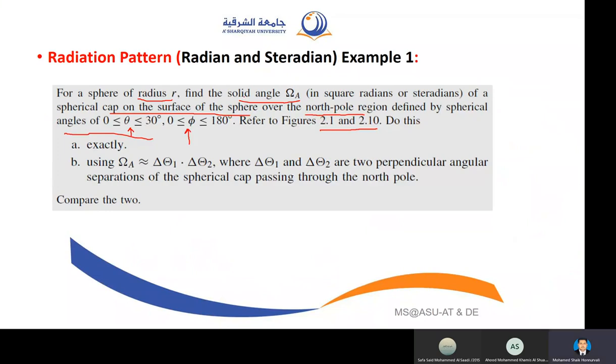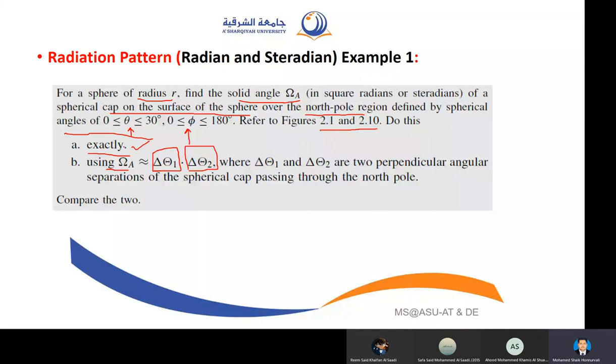So for a sphere, find the solid angle exactly, meaning using an exact correct equation you need to find it. And second, they are also giving us one approximation here. That solid angle is nearly equal to, this is the symbol for half power beam width, although you are not aware of it, but just for this example, just look at it. If you multiply two half power beam widths, then it should be equal to the solid angle. This is what they are saying. So first you calculate using the exact equation, then you calculate using this approximation.